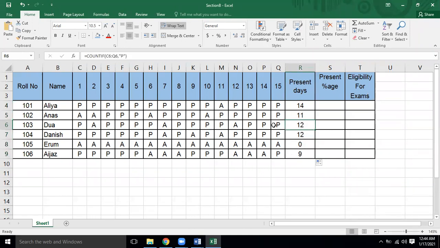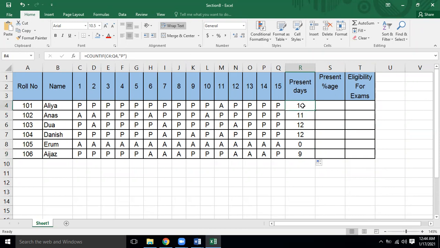If I click over here, now you can see that Excel has modified it to C6 to Q6. Only the row number is changed, the column number is the same, Q and C. If I click over here, the row number is changed, C9 to Q9, but the column number is the same. So Excel is an intelligent program which converts the formula and its ranges according to the next rows and their cell addresses. I hope you have got this point.